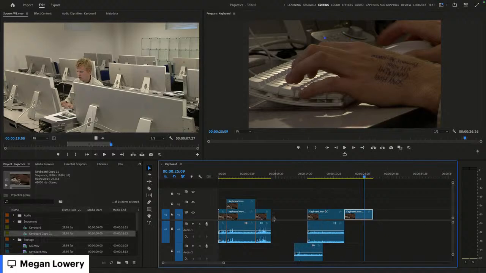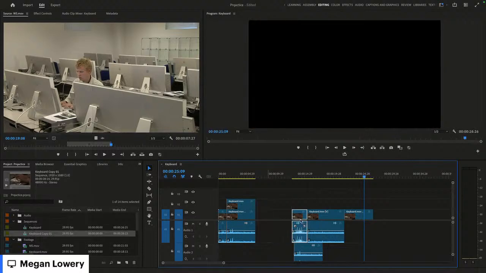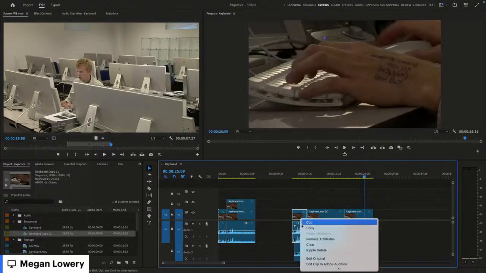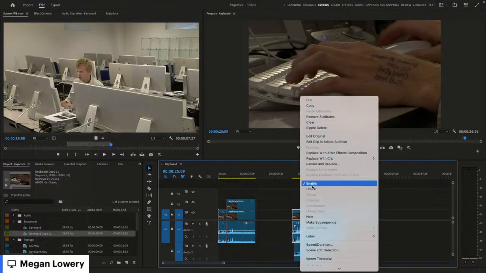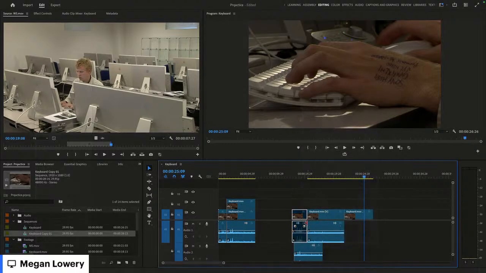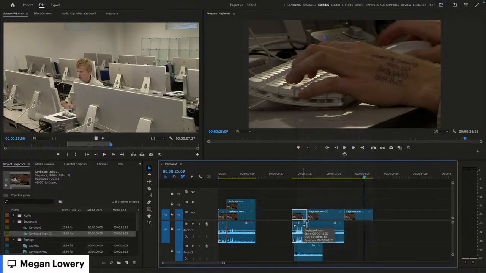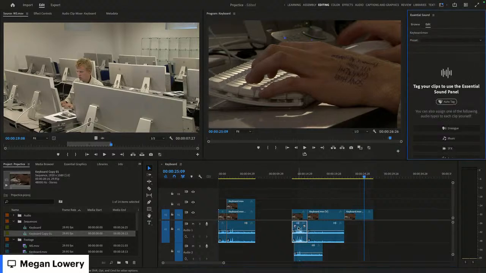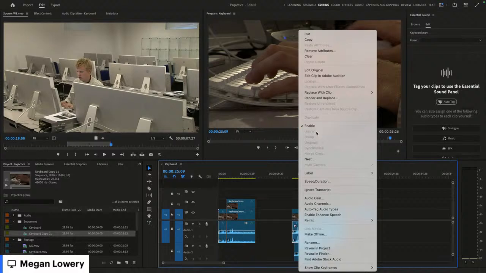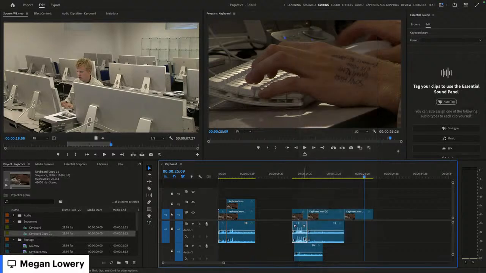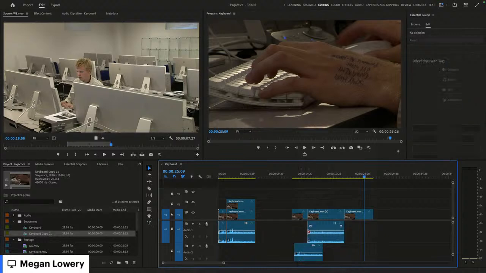So in this, if we had a clip here, I'm just going to unlink this to delete our audio. Oops, that was the wrong thing. So I just unlinked my audio from my video. You do that by Command L or you right click and click unlink. So then if I delete the audio and I bring this audio over,